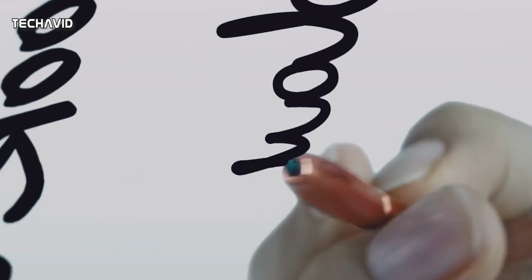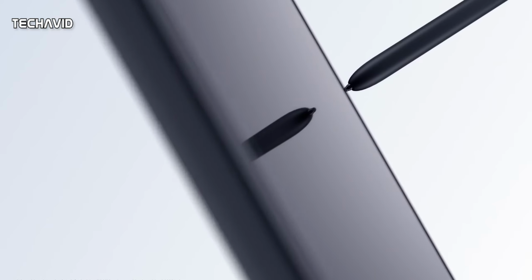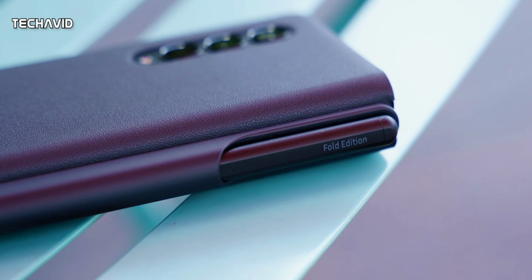Now coming to S Pen, obviously it's supported, but previous leaks mentioned S Pen slot would be made available for Z Fold 4. But now things are not looking good. The Galaxy Z Fold 4 may not get an S Pen slot after all. Maybe a magnetic option or a case is on the table, but these are just leaks and things may change